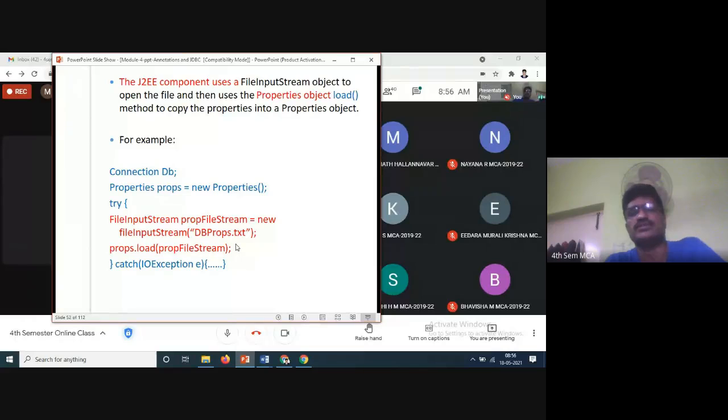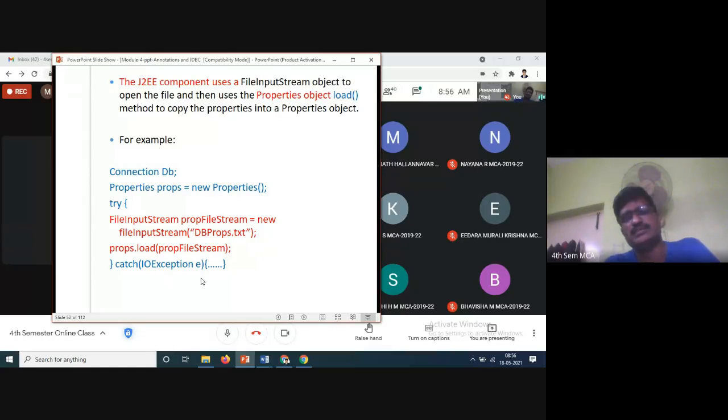That's what we have already told. In the DB text file, the formats will be there. How to write that is props.load, propFileStream, whatever object name you have written. That is what you have to write.